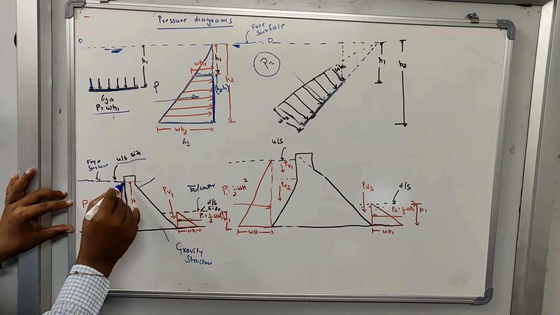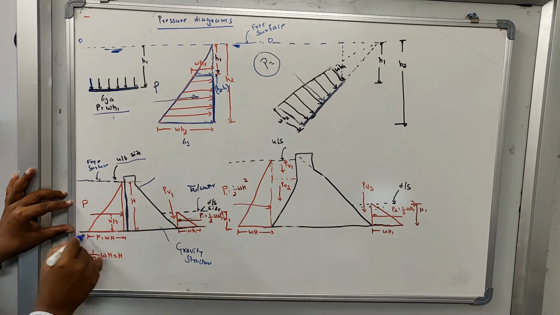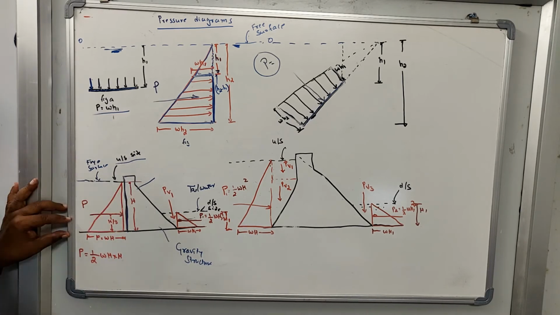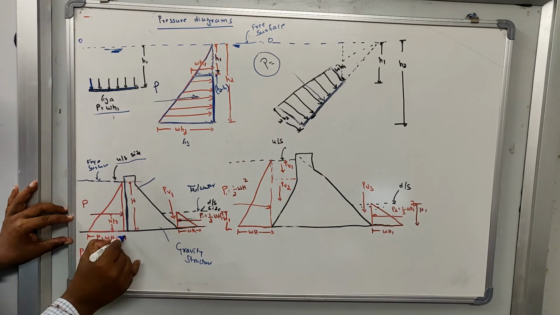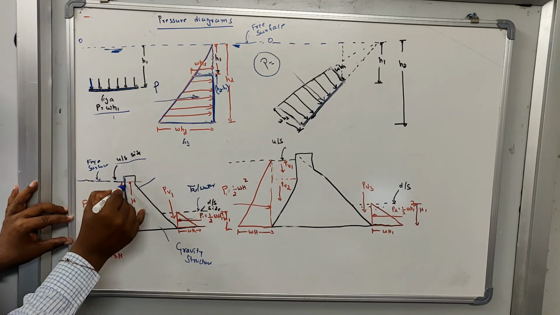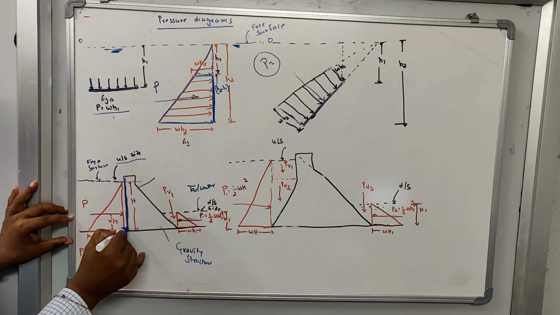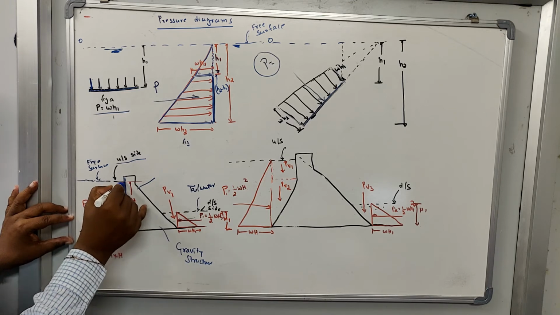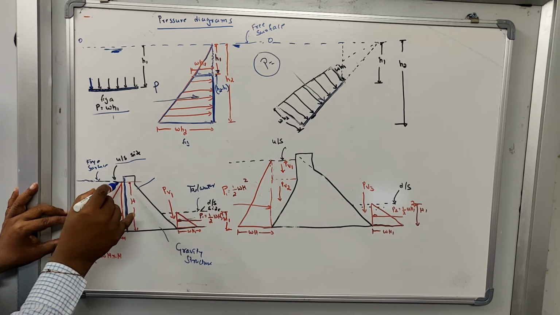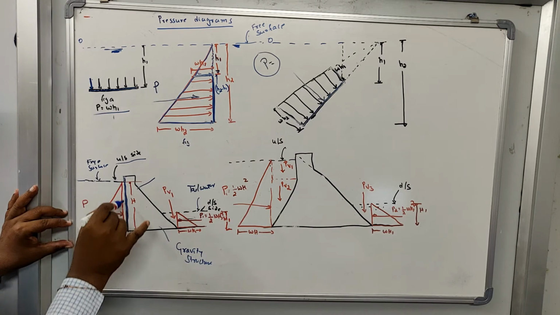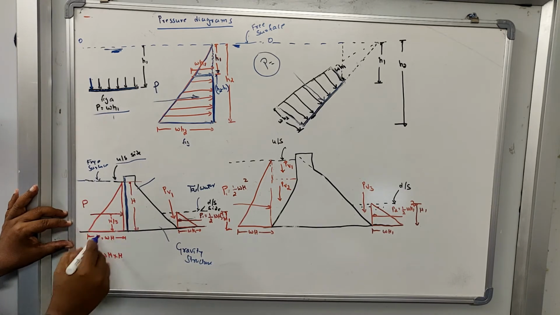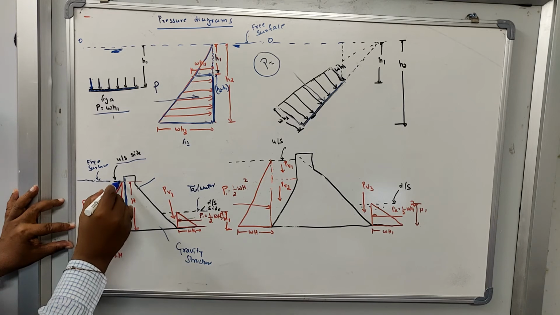Now what is the force or pressure exerted by this static mass of fluid stored at the upstream side of the dam? What is the pressure exerted by this stored water on this structure? This face of the structure is vertical, so the pressure distribution, or pressure intensity, acting on this plane varies triangularly, having maximum pressure intensity at the base and zero pressure intensity at the free surface.